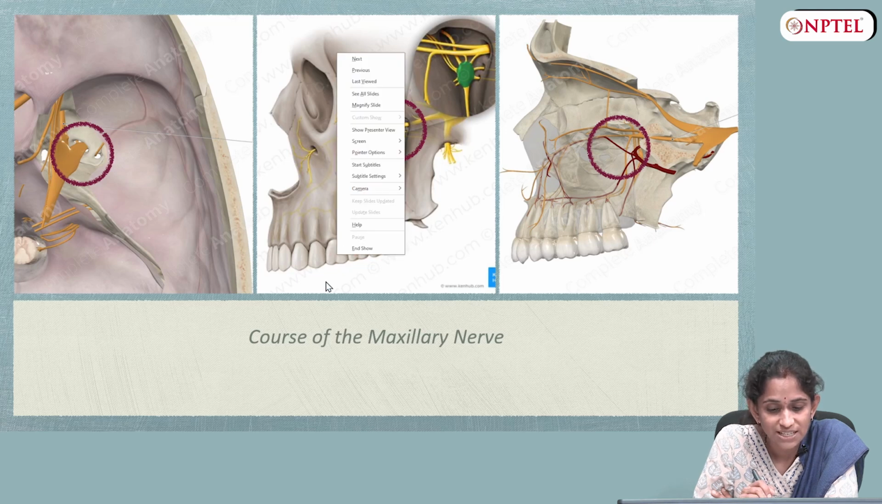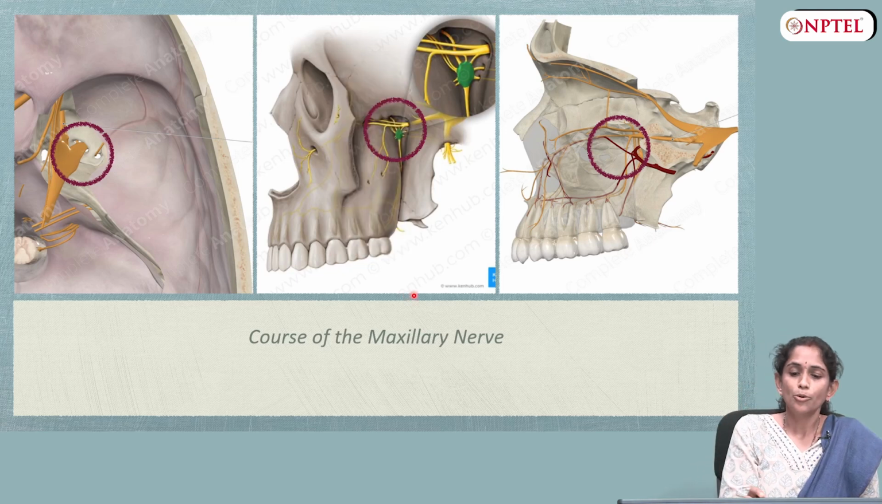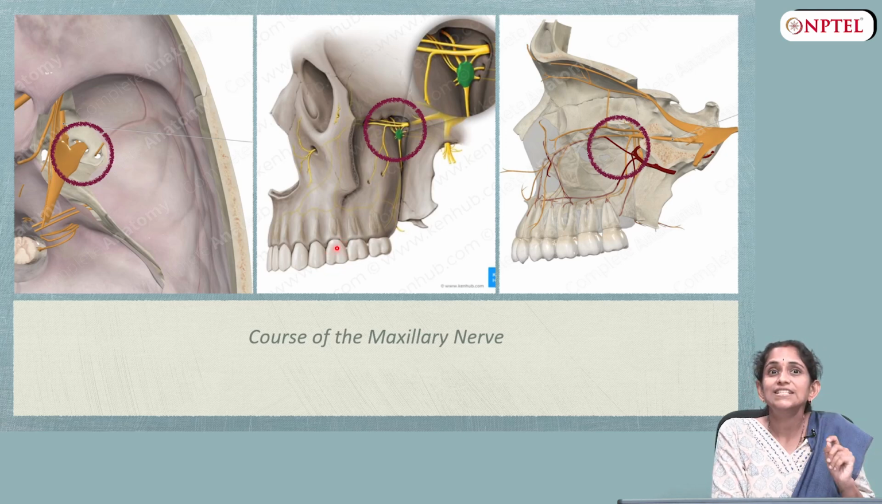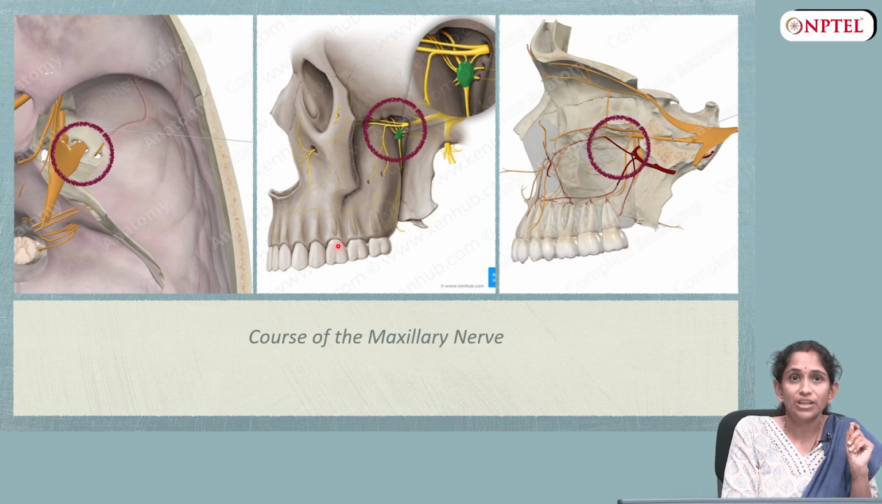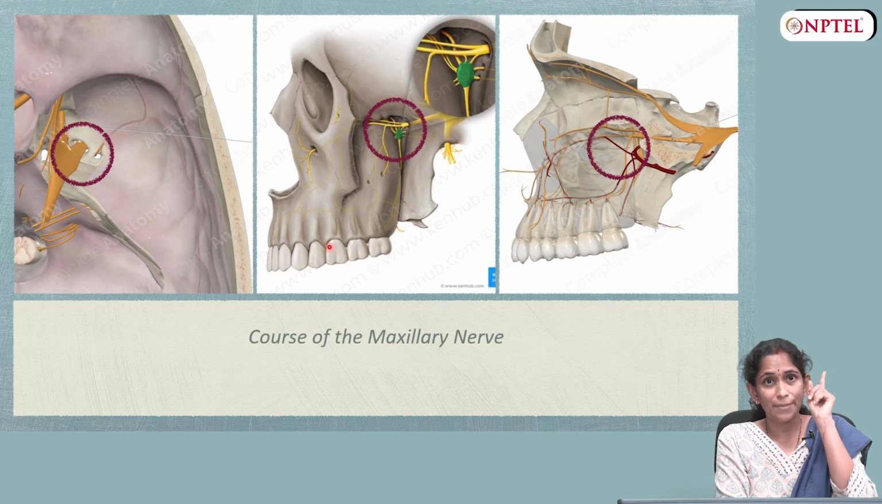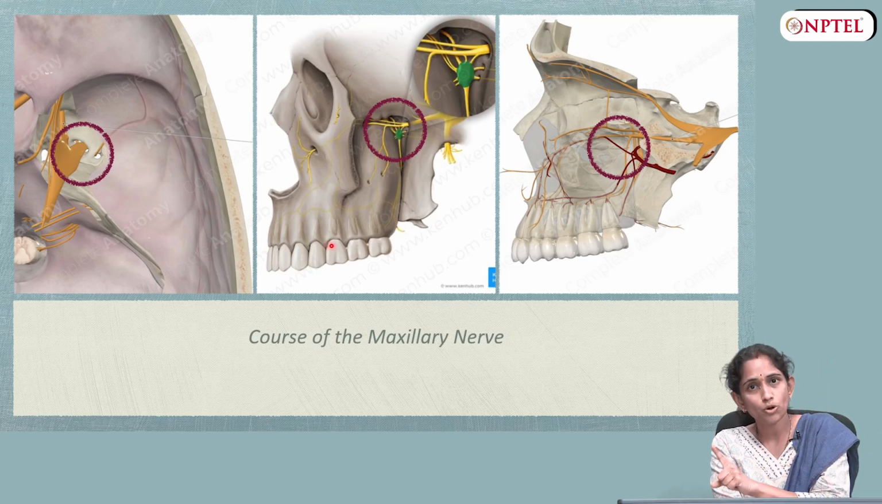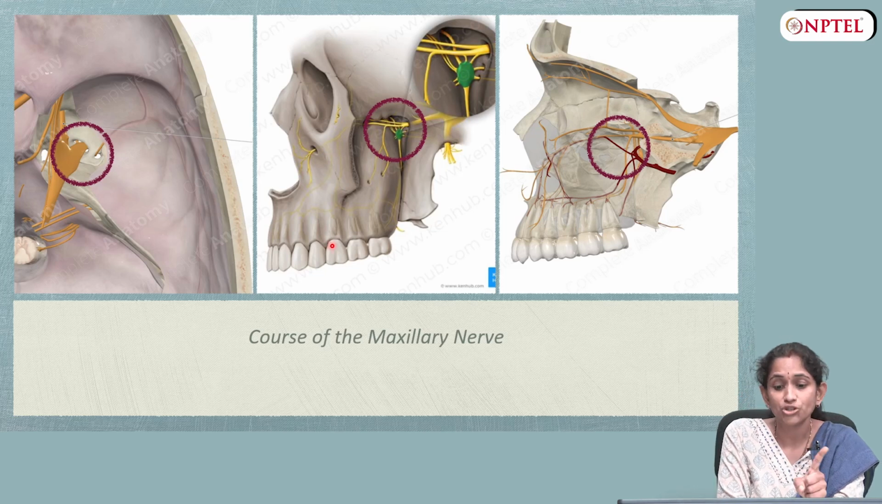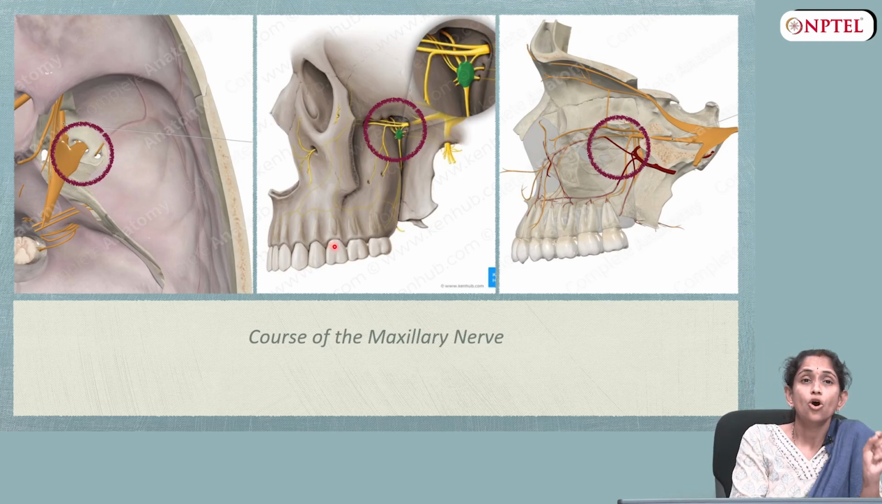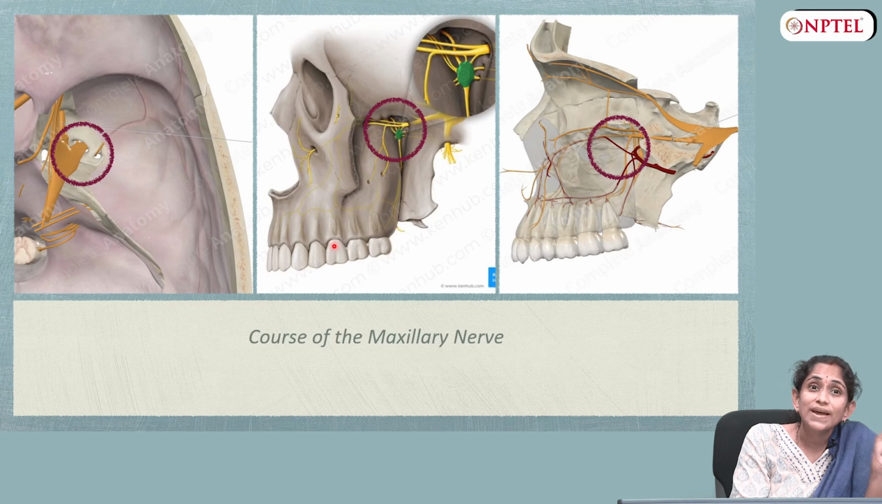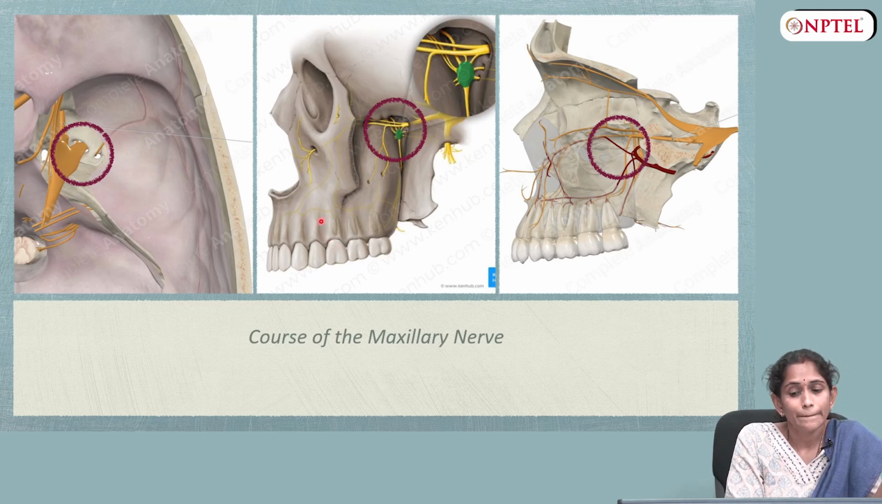So, these three teeth are supplied by the posterior superior alveolar nerve. In 28% of the cases, the first molar, the mesiobuccal root, as we all know, the maxillary first molar has three roots, the mesiobuccal, the distobuccal and the palatal roots. Now, the mesiobuccal root of the first molar in 28% of the cases may be supplied by the middle superior